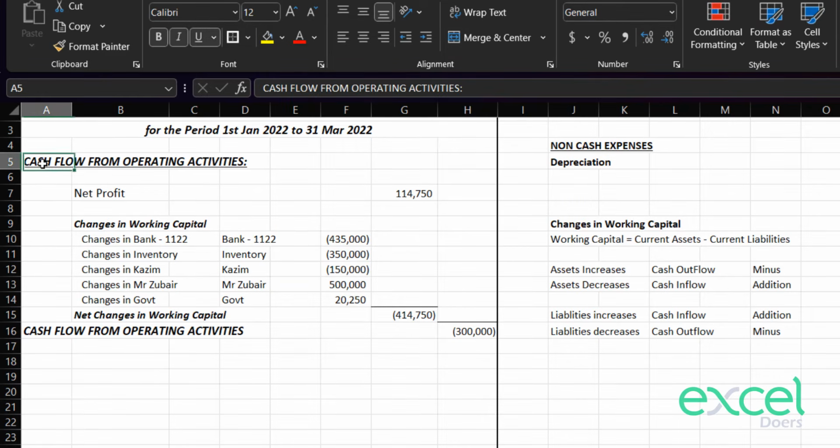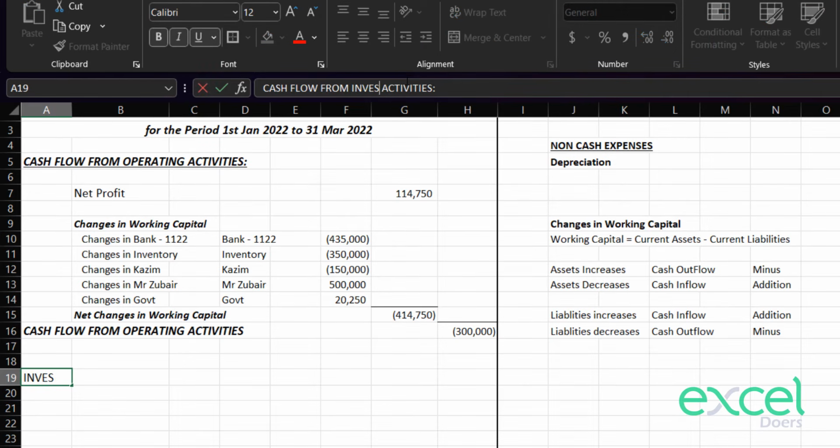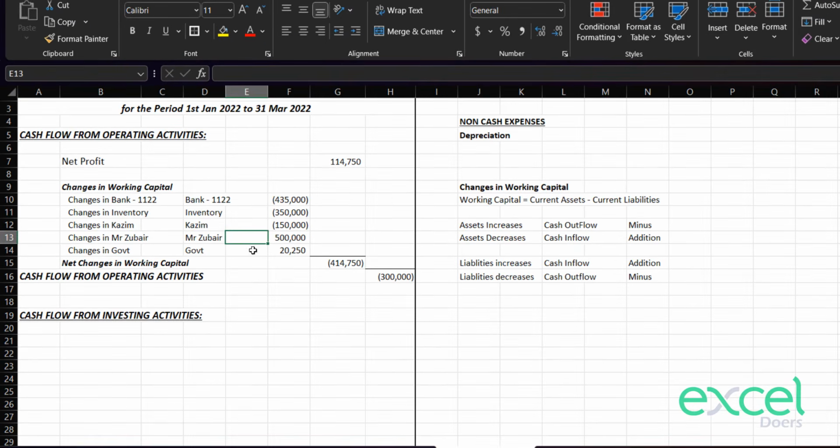The second part of the cash flow is cash flow from investing activity. So I can just go on the top and just copy and paste it here, and I can just rename it cash flow from investing activities, right? Please remember,